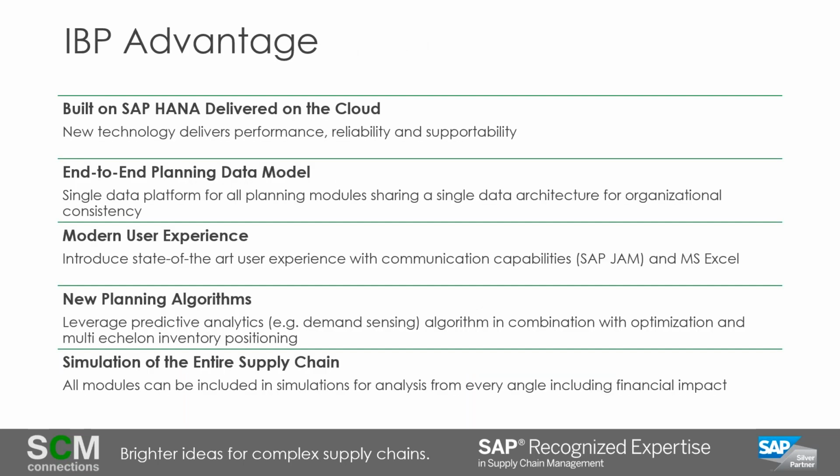So if you go to the next slide there, how does it do that? One is the performance is unparalleled in the industry, and that's due to SAP's HANA architecture. The end-to-end planning data model leverages that technology to make sure there is no friction between modules within IBP. Demand, supply, inventory, finance, transportation, all are looking at the same plan through the lens that they care about. If you care about storage capacity, somebody else cares about transportation capacity, another person cares about vendor material availability. You're all working off of the same singular plan, but you're tackling it from different areas. And that's really the key element.